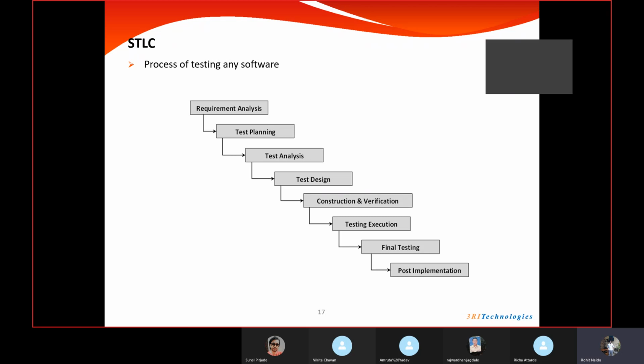Let's say they are asking us to test something like: verify whether the application is working properly when 10,000 users have simultaneously logged in.